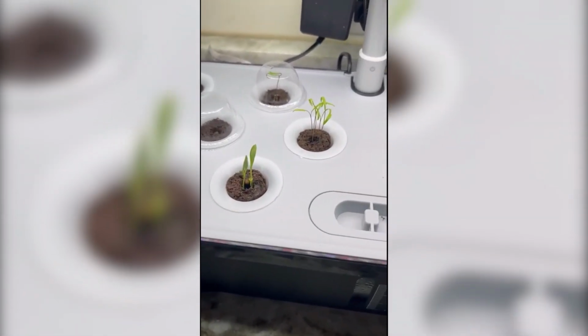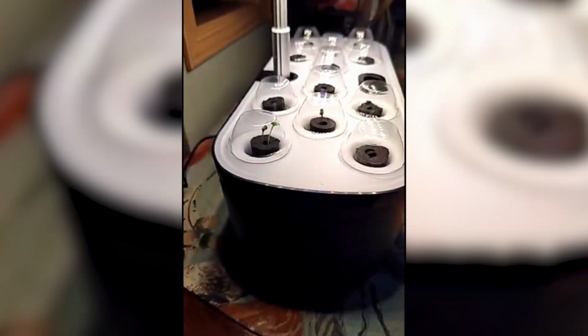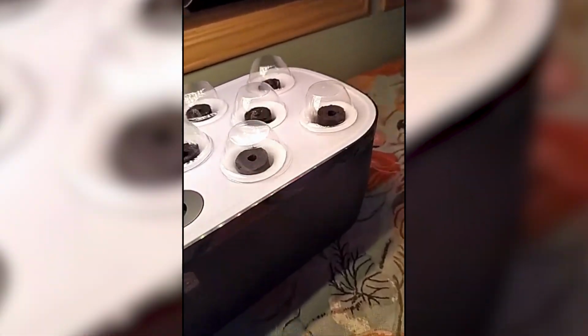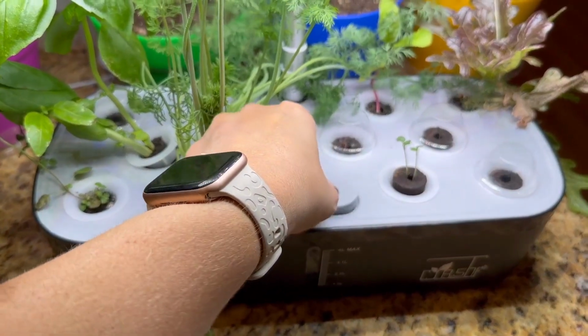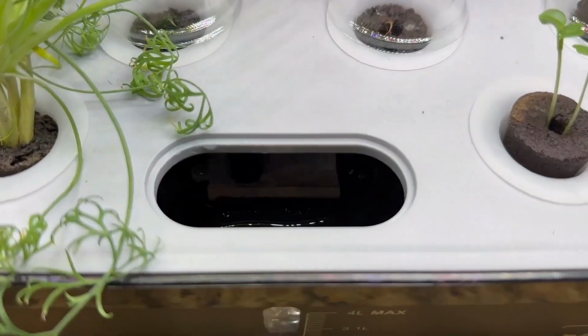Now, let's dive into the impressive capabilities of this indoor herb garden. With just a single watering, you can enjoy an incredible 18 days of self-sufficient growth. It comes equipped with an ultra-large 4-liter water tank and an exclusive nutrient formula designed to meet the needs of